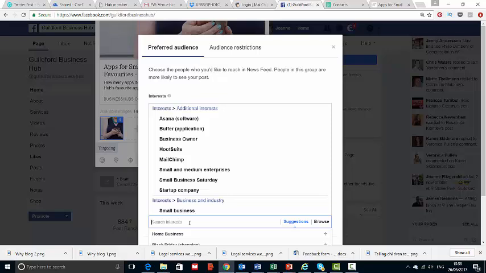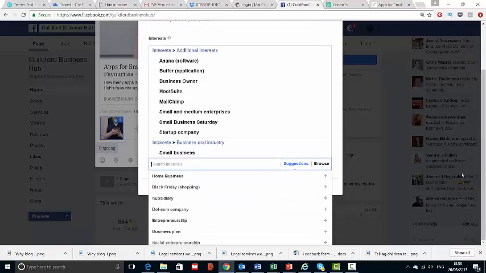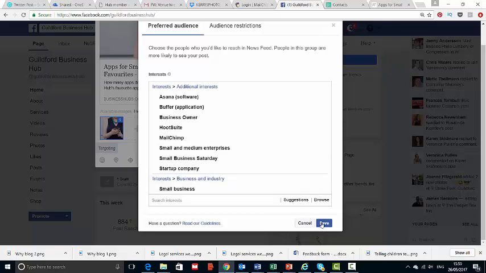So this is where your ideal client work will come in handy, because you'll have a good idea of maybe the sort of interests that your ideal clients would have that is specific to them and may not be interests shared by everybody else. So that's really what you want to drill down in, those specifics. So be as specific as possible on that. I could go much further, but just so I don't keep you here forever and a day, I'm going to save that.